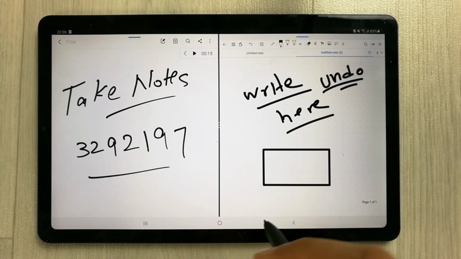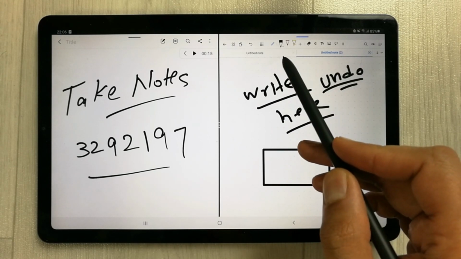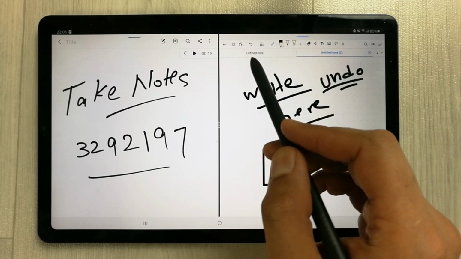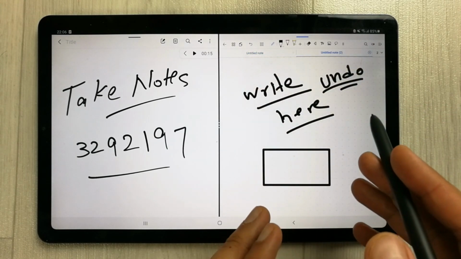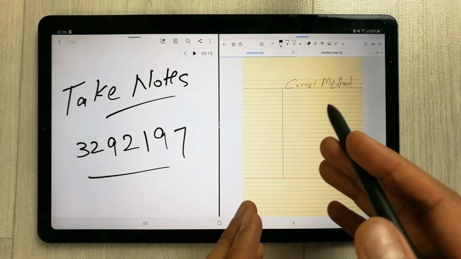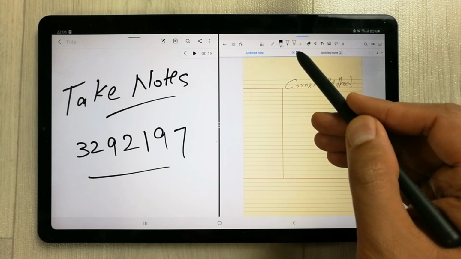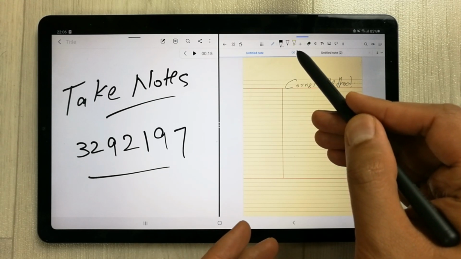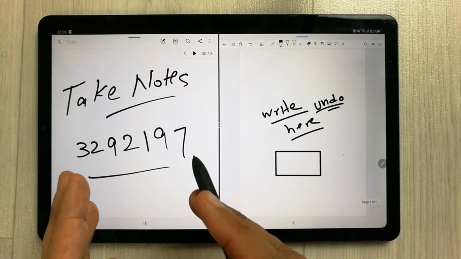So the next feature that Flexel has is the ability of tabs on the top side. So you can see over here, there are tabs on the top. Basically these tabs are for your recent work. For example, if I have some work in the previous note, it will show you over here on the top. You can also close them if you want. If you don't want to use this feature, you can cut it. So this feature is not available in Samsung Notes.